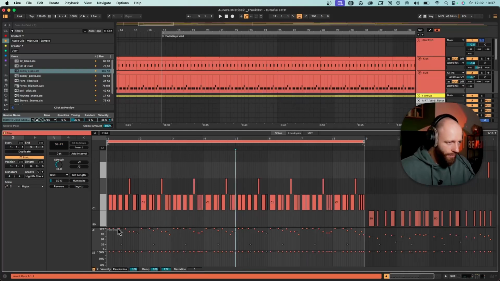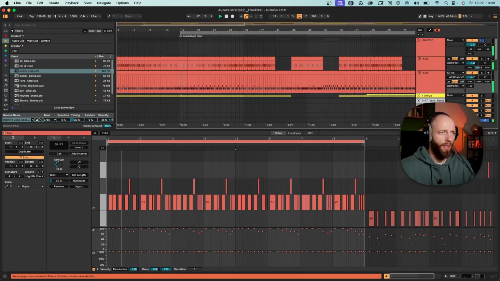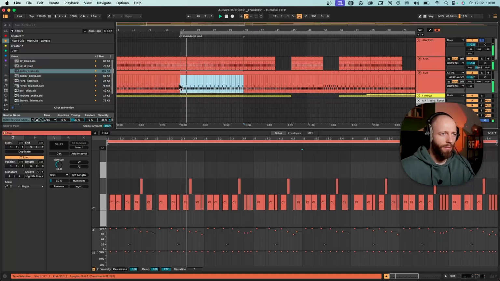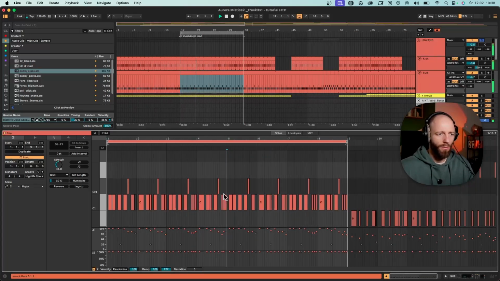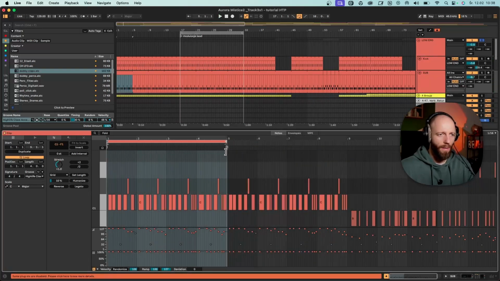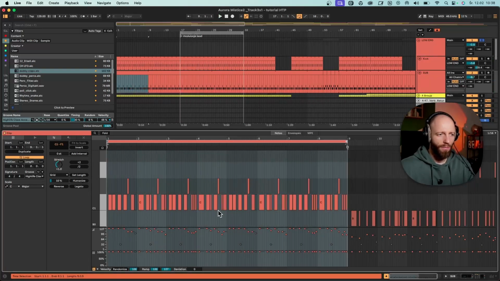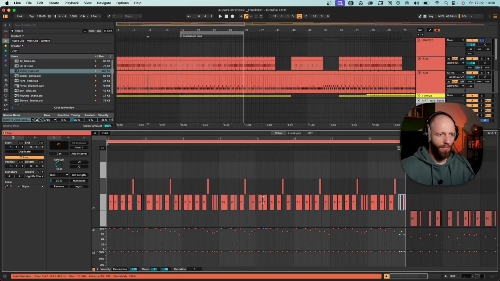You see the velocity variation over the bass. So it already creates the feeling that this bass is alive. And then you see we have the loop that is not only 4 bars, but it's 8 bars, and we have variation. At this point, this loop finishes with 2 notes, and we have it finishing with 2 notes. Maybe we can spice it up here at the beginning as well,